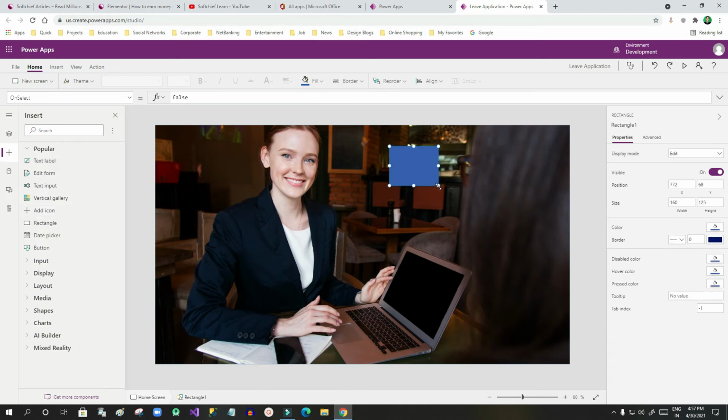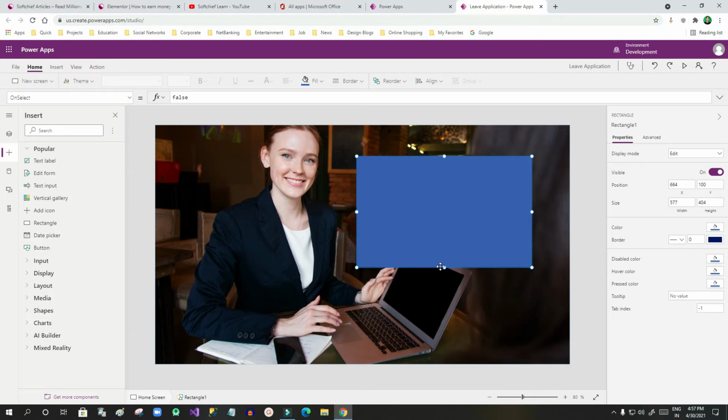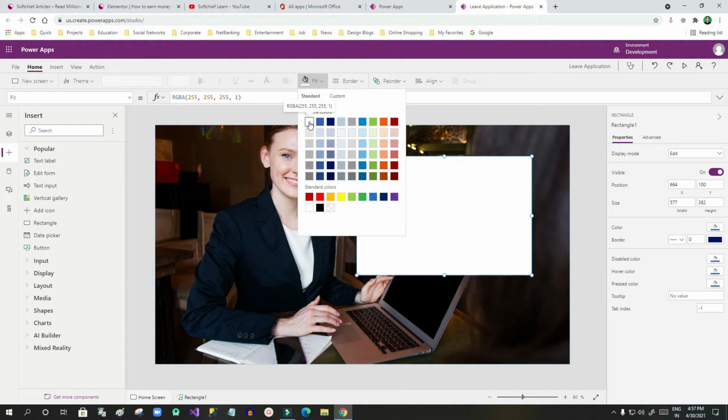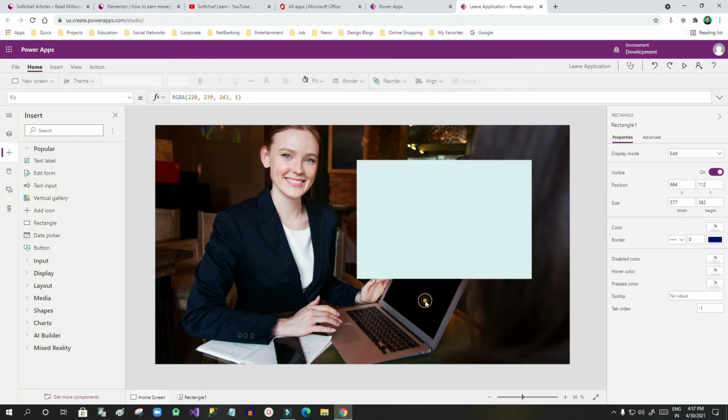Now I can click this handle to change the shape. Let's say I want to create a login page here, then I can specify it like this. For this rectangle I can also use the formatting. I can fill it with a different color, like white, or some more colors. We can use this fill option to select a specific color for my rectangle. Once the rectangle is designed, we can also change the border and the fill color. We can change the size also using this property window.